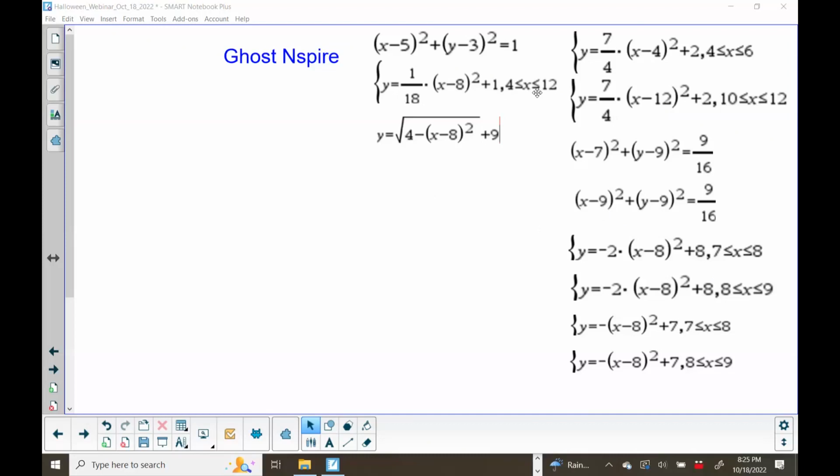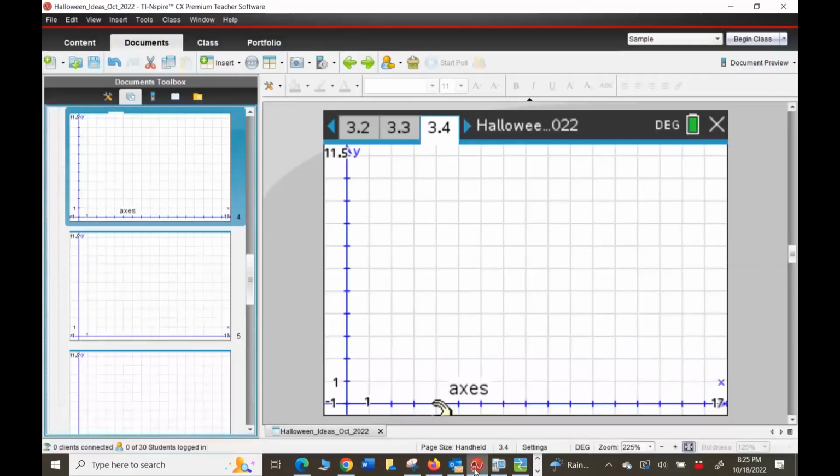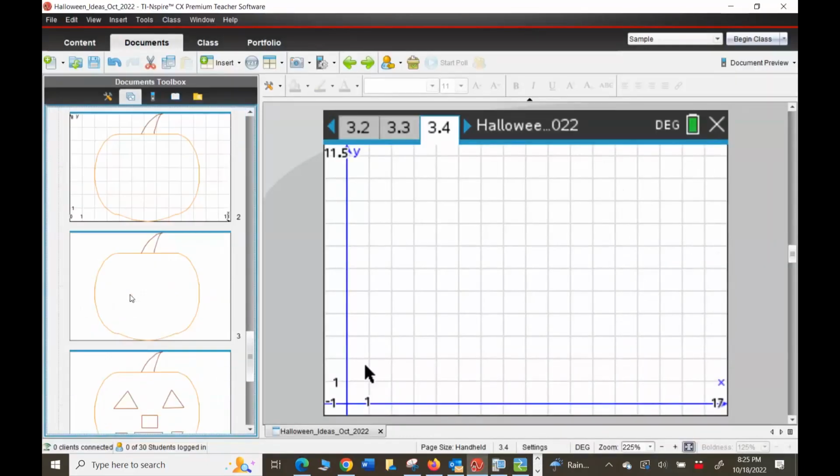So while I'm on Inspire, I thought we'd also look at how you carve a matho-lantern, not a jack-o'-lantern, but a matho-lantern. We can do it with functions. We can do it with figures, okay, on Inspire. So I'm going to stay with Inspire for right now. I'll be coming back to the 84 a little bit later. And so here